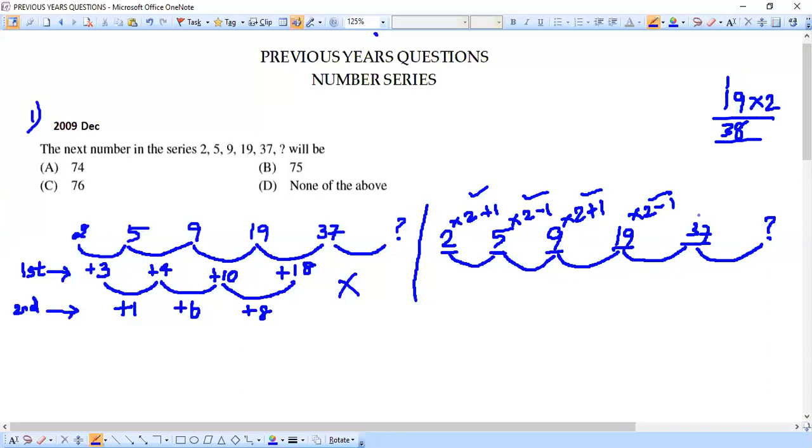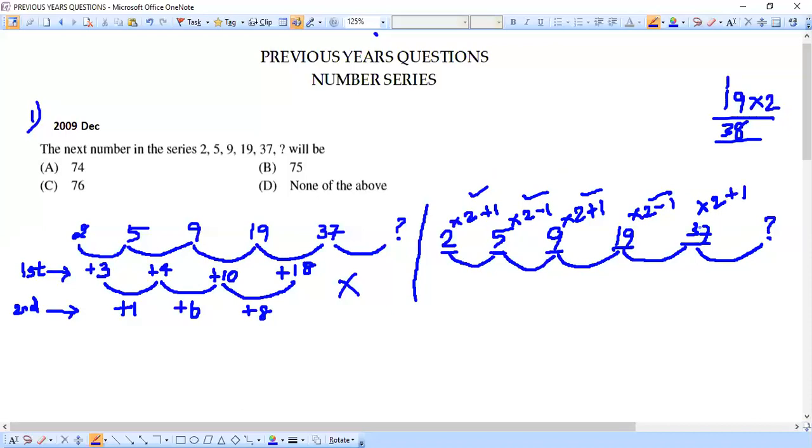So what can be done here? From 37 we need to do again the same, into 2, but this time we need to think whether to do plus 1 or minus 1. Again, it's very easy for us to say, see, it is coming alternately, right? Plus 1, minus 1, plus 1, minus 1, it is coming like that. So that means this turn we need to do plus 1. So let me just continue, into 2 plus 1.